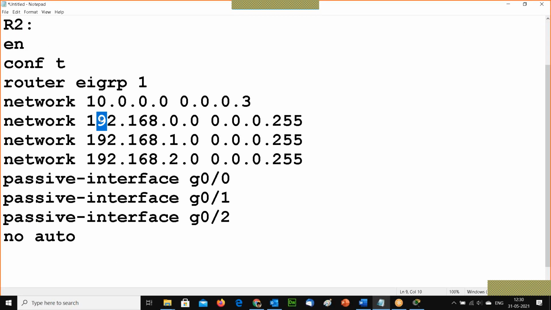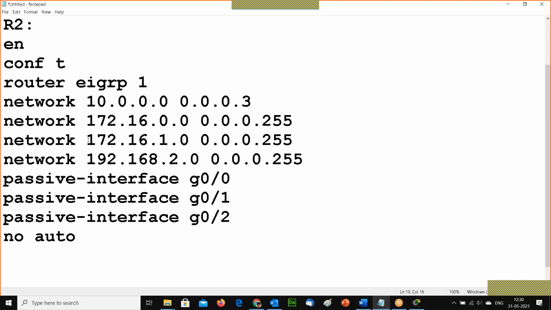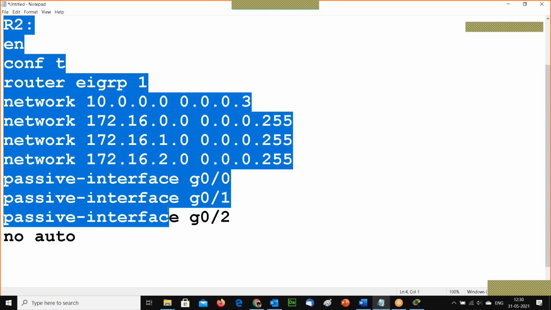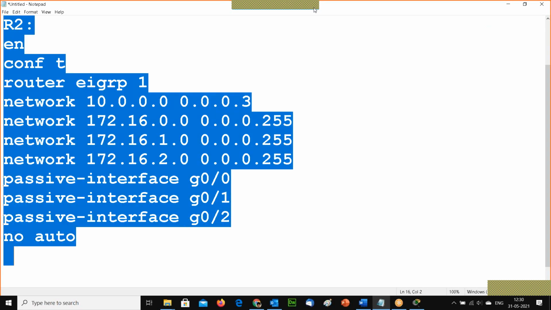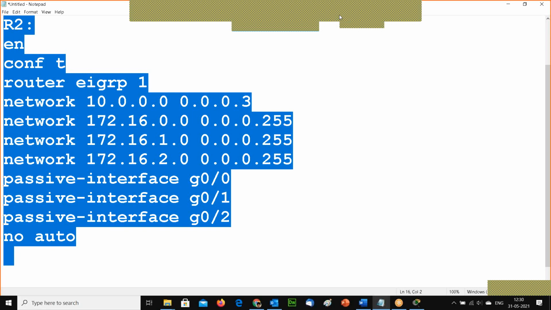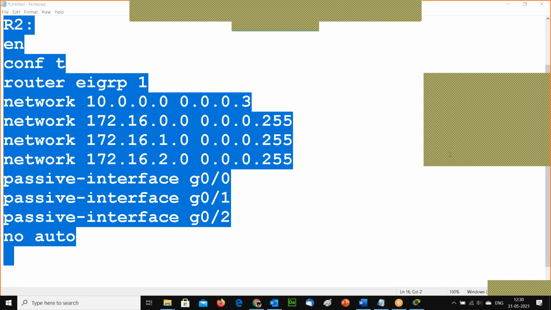So the network was in that case 172.16. This is a simple configuration for R2. You have to go and configure the same here in R2.